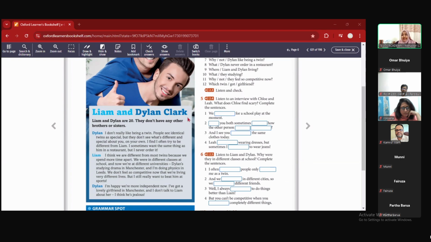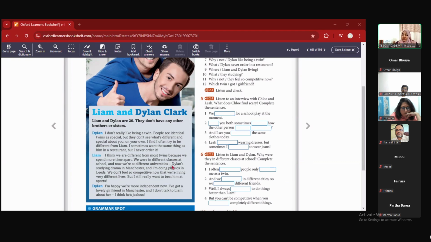But Liam and Dylan are the complete opposites, because they would like to spend more time apart, and they do. They don't like to stay together. One of the main reasons is that, firstly, they don't like being identical twins. And secondly, they feel that